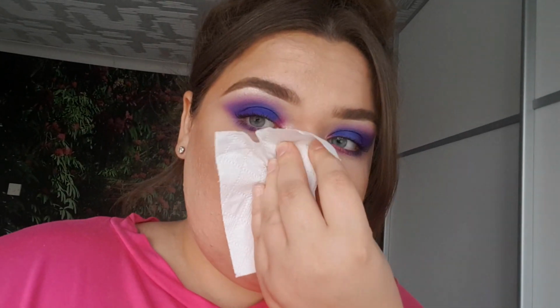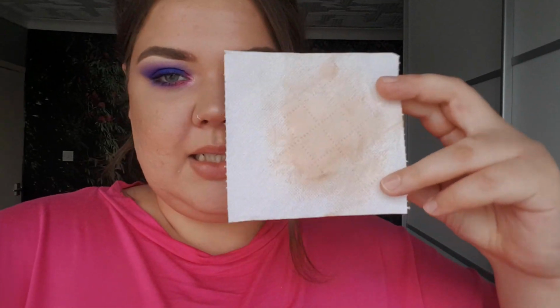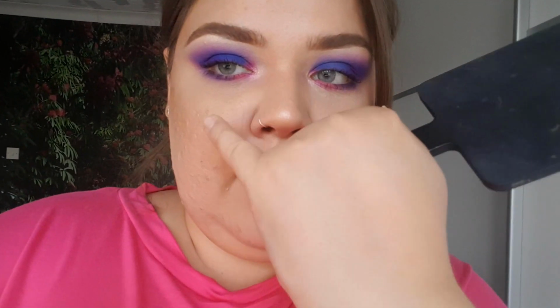8.5 hours in, friends. I didn't manage to get an earlier check-in. I was busy. I look oily, so I'm going to blot before I say anything. This is my blotting paper, a little bit of transfer. Let's have a look. Okay, the foundation is pretty much gone from this area above my lip, half of my nose really, but anywhere else for almost 9 hours, because it's